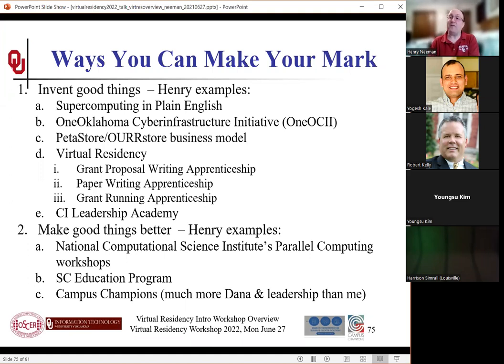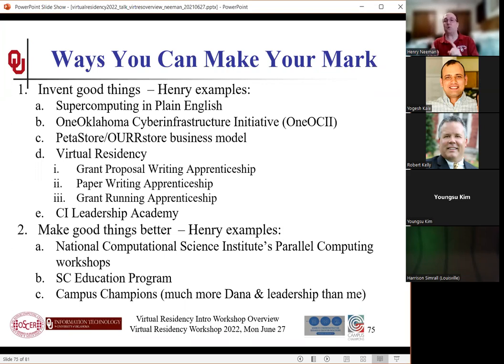Way back, the very first thing that our supercomputing center here did as a supercomputing center, literally the day we were founded. In fact, we were going to be founded the day before. And I said, let's wait an extra 24 hours so that the first day of our organization, the first day of our supercomputing center, we will teach a workshop. And we created this workshop series called Supercomputing in Plain English.